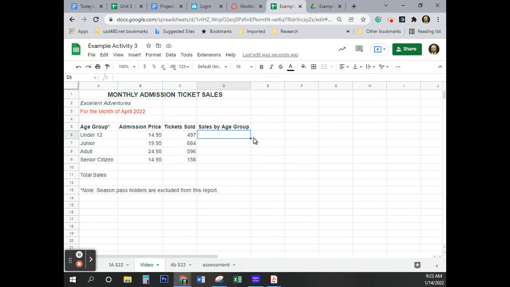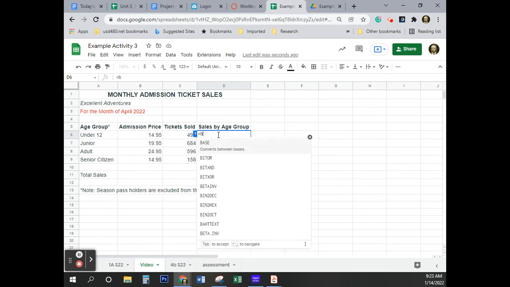It starts with an equal sign. So I'm going to type equals. That's where we start. Now I want to multiply the stuff in B6 by the stuff in C6. So I'm going to type in B6